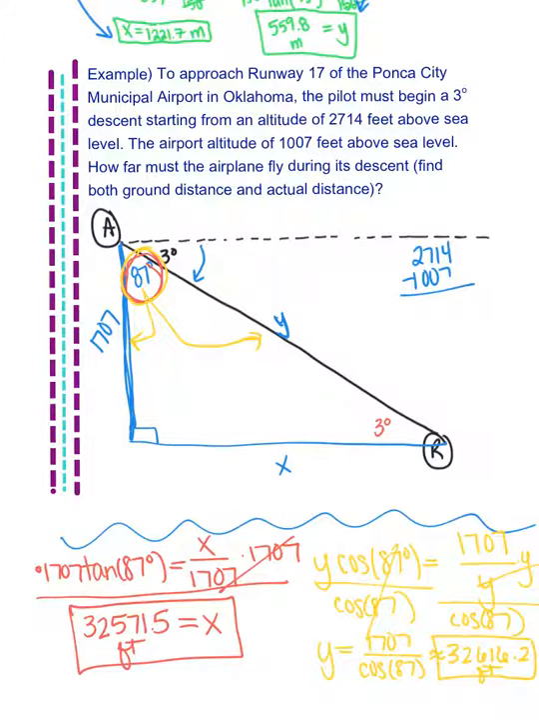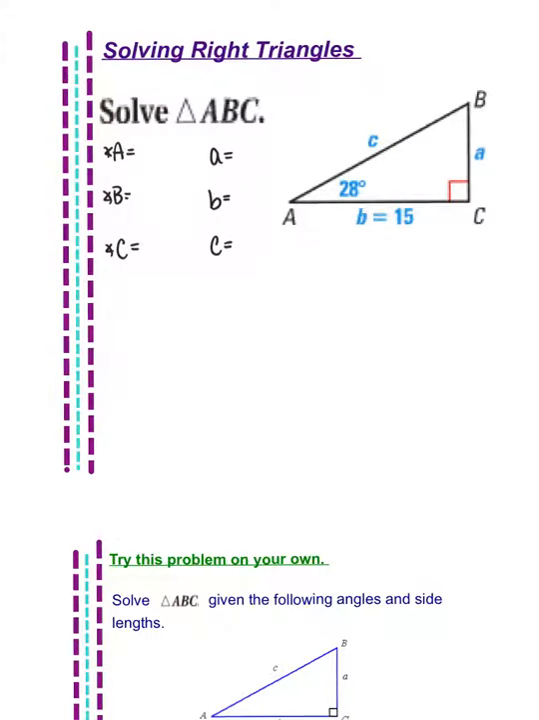All right, I believe I've got 2 more examples. And they are not word problems. These are just solving right triangles. So anytime that you are given the direction to solve a right triangle, that means find all the angles and